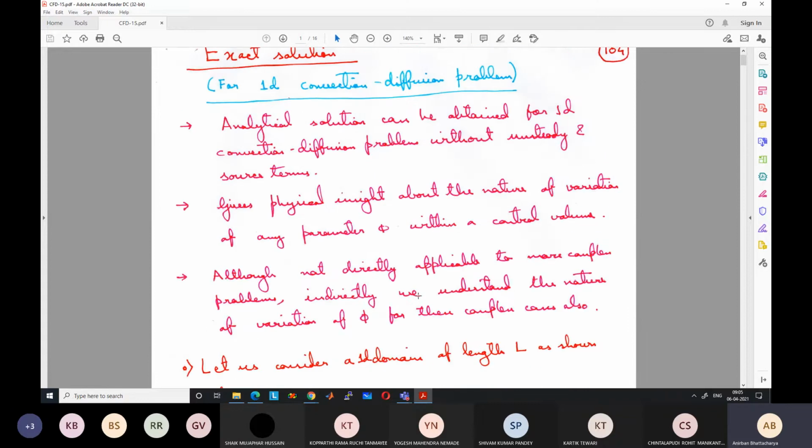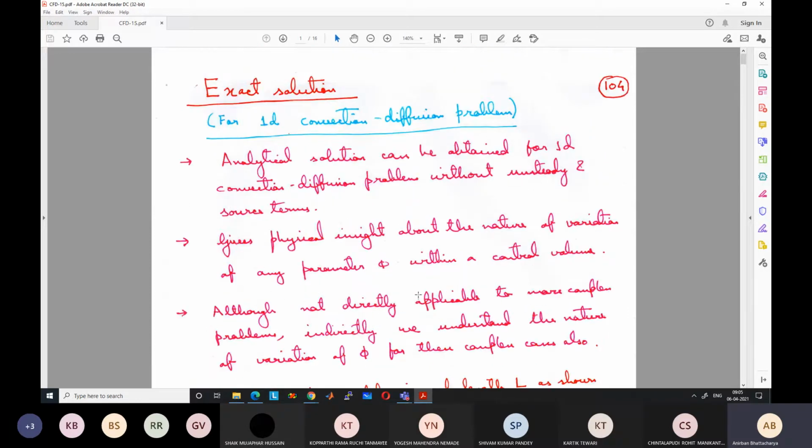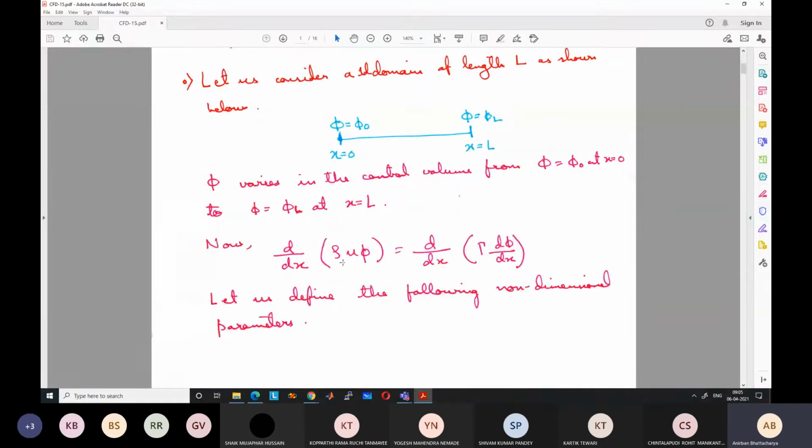So then what we wanted to do is find out the actual variation of a parameter phi within two control volumes, when subjected to this type of governing equation, meaning this type of flow plus diffusion. So what is the actual variation, whether it is exponential, logarithmic, linear, polynomial, or any other type of variation, step function. We wanted to see whether we can analytically derive a solution for this equation, which will give us the actual variation of this variable between two grid points.